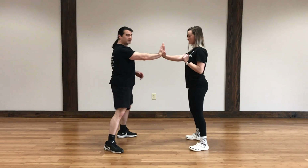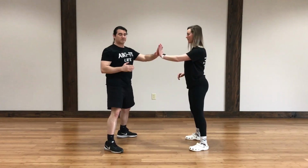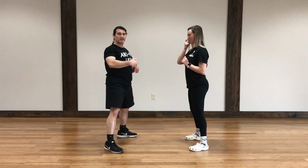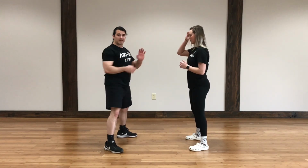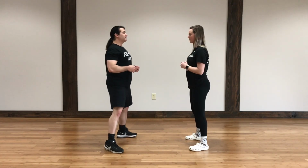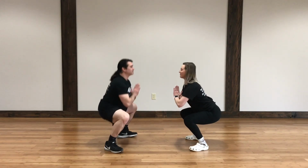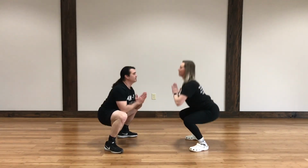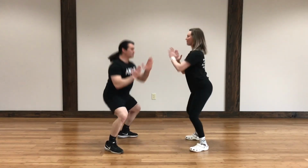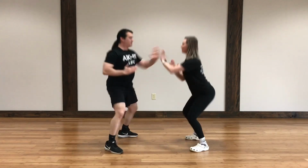We want to meet each other in the middle and match the other person's timing. The idea is that we're gradually going to speed up, like we'll start slow and speed up and match the other person's timing. So I'll count to 10, and we'll start here. So we come up, 1, 2, 3, 4, 5, 6, 7, 8, 9,